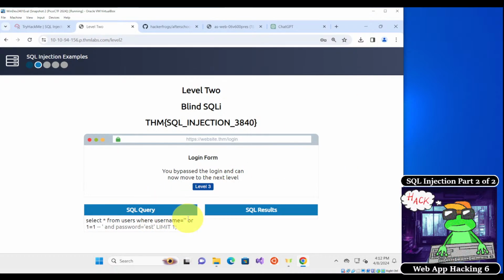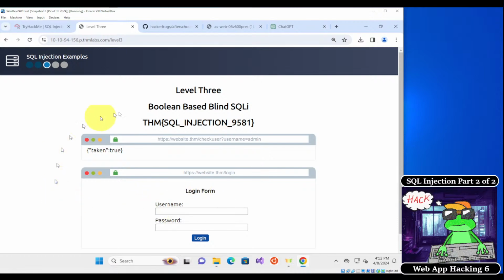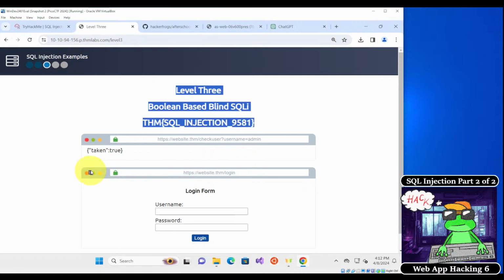Click on level 3, this button right here, and it will take us to where we want to be. So this is level 3, and if you see this right here, along with taken: true, then you're on the right page. If you're there and you're ready to start, please type